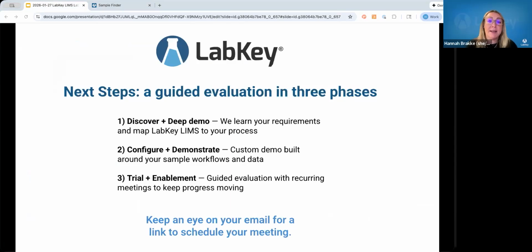And so if you're interested in seeing this mapped to your own workflows, one of the things that LabKey does very uniquely is run these free guided trials. And these guided evaluations basically take on three phases. There's the discovery phase where we're learning about your requirements and mapping the LabKey LIMS to your process. And then we help configure and demonstrate your processes within our system to let you see what that looks like. And then lastly, we pass that on to you to be able to explore the trial